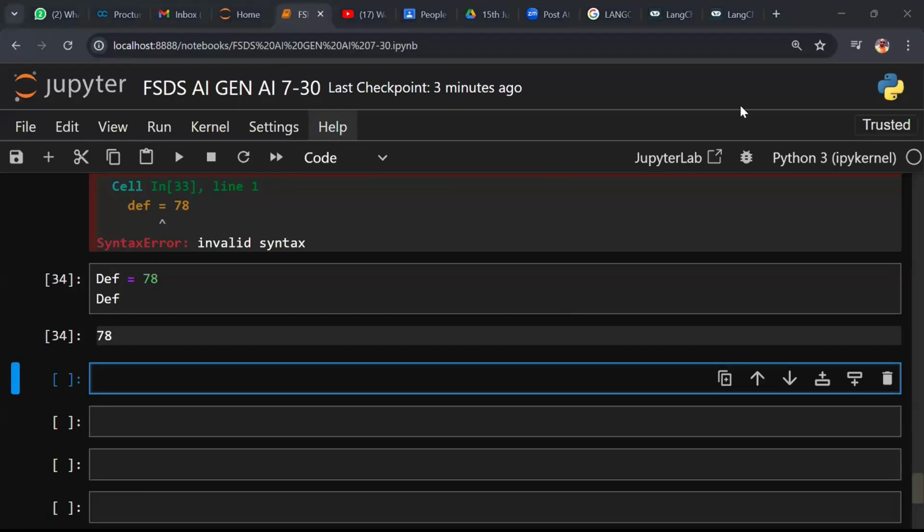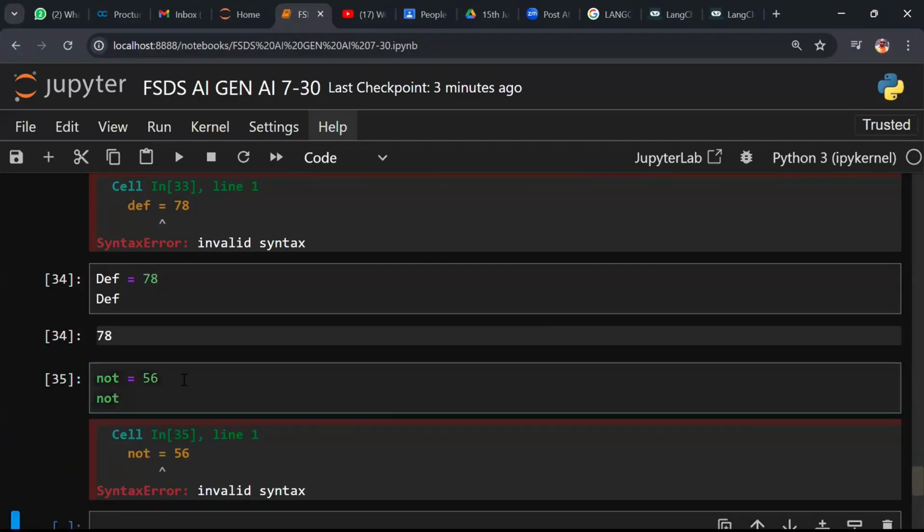Sometimes the cell execution is not happening. See, Sri Misra, rather than asking, try to practice, then ask your questions. Please mention not in front of def. Okay, not equal to 56. You have a system you can practice on rather than asking me a question. You have a concept. I teach you, sit and type, check the bug and write it down. While you're doing this, any error you face,